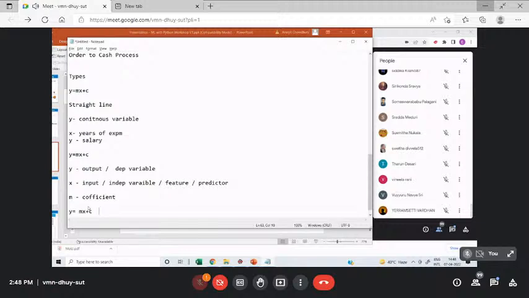Is this workflow clear to all? Have you understood this machine learning workflow? Very, very important. Can I get a quick yes or no on the screen? I need to get an answer on this.